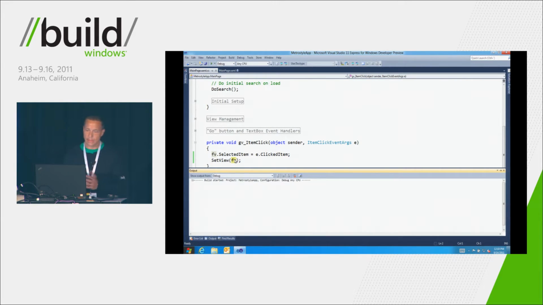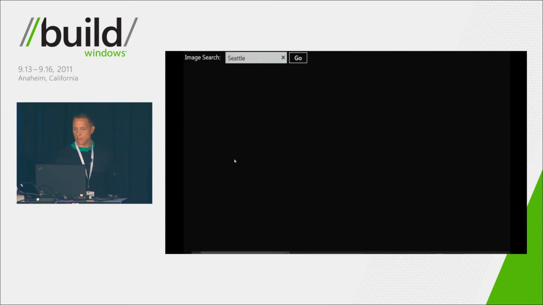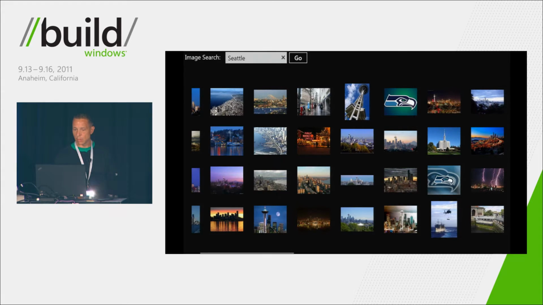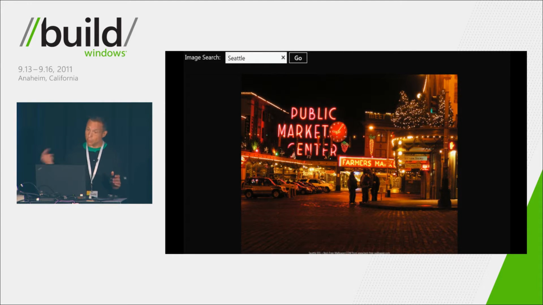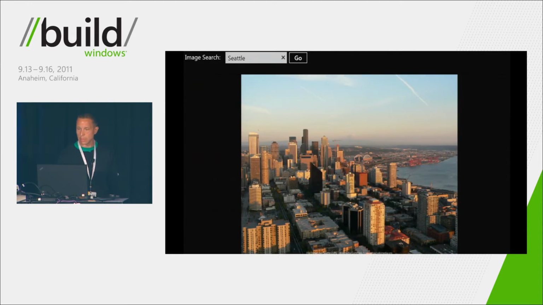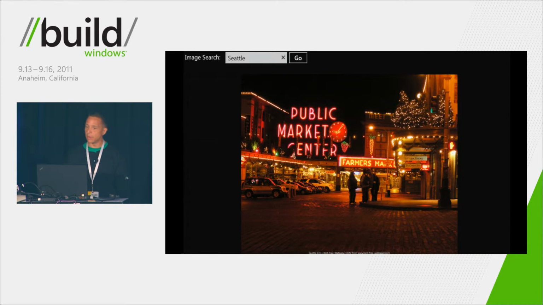So that's really pretty basic. So with that, now let's see if I can get that kind of experience I want. Now let's click on Pike Place Market. And now the image, it's working. There it is. It just had to actually go grab that image, is what you're seeing. So you see a really quick experience here of being able to build this kind of immersive, content-focused experience for